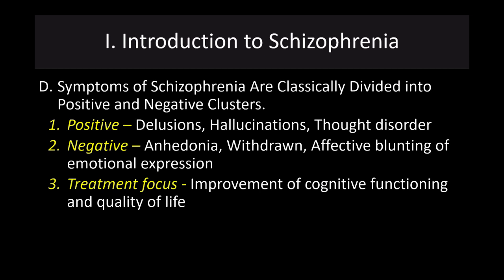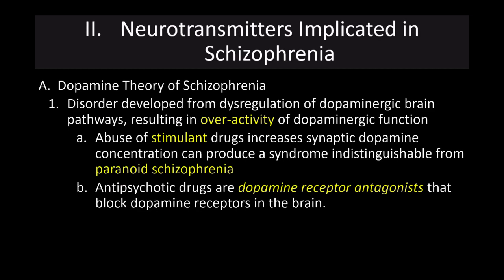Treatment focus for schizophrenia is improvement of cognitive functioning and quality of life, and social functioning, etc. So trying to get patients to have a high quality life where they can take care of themselves, be in the community in either a group home or family setting, to get them feeling better and having a higher quality of life. So part of what we try to understand with treating schizophrenia are the neurotransmitter